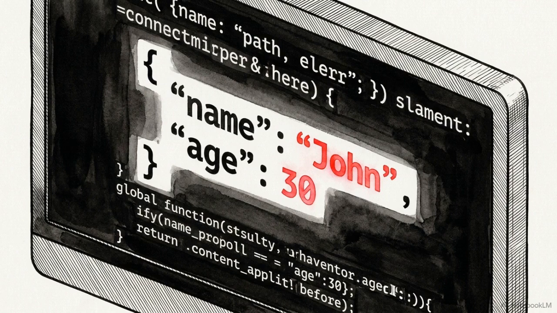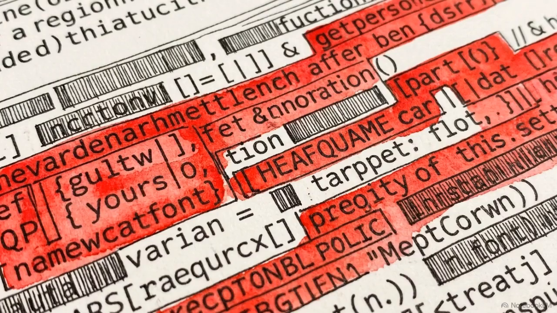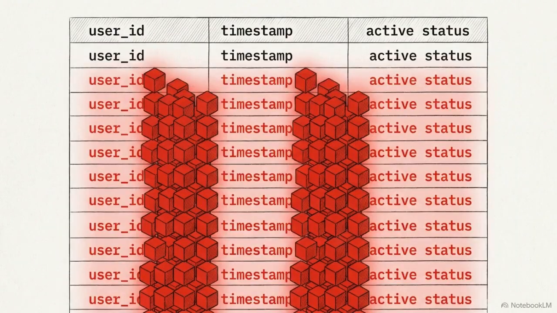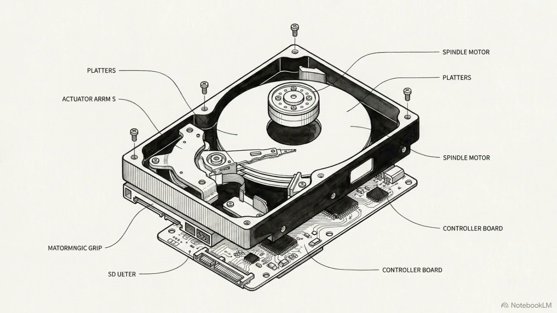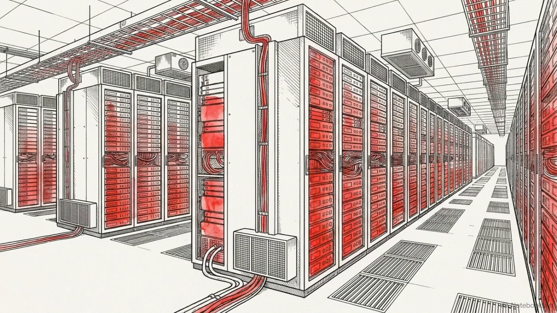Standard NoSQL architecture binds structural schema, the names of every field, directly to the row data being stored. This creates what is effectively a JSON redundancy tax. When you write a document, string keys like user ID, timestamp, or active status are repeated redundantly across every single record. In a small test database, this overhead is negligible, but when multiplied across millions of dataset rows, that string key duplication inflates the total payload size.